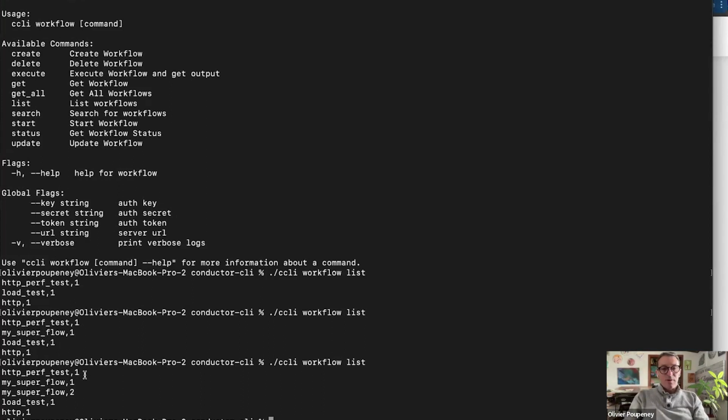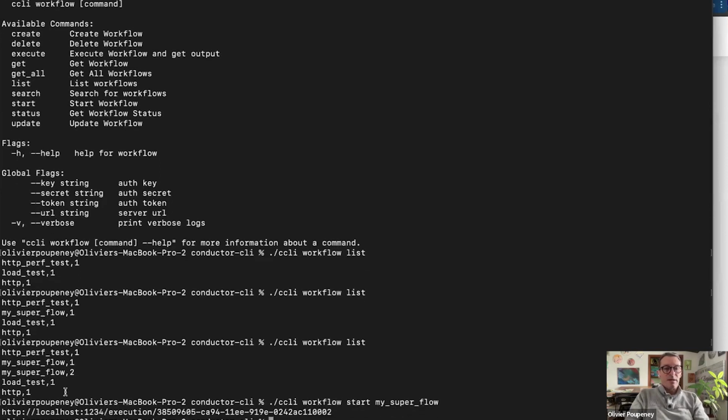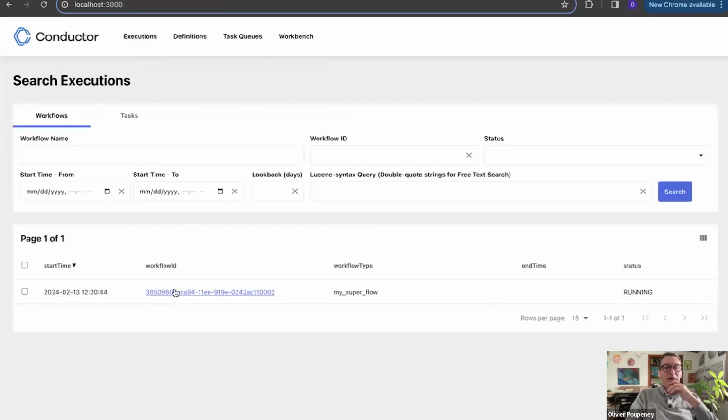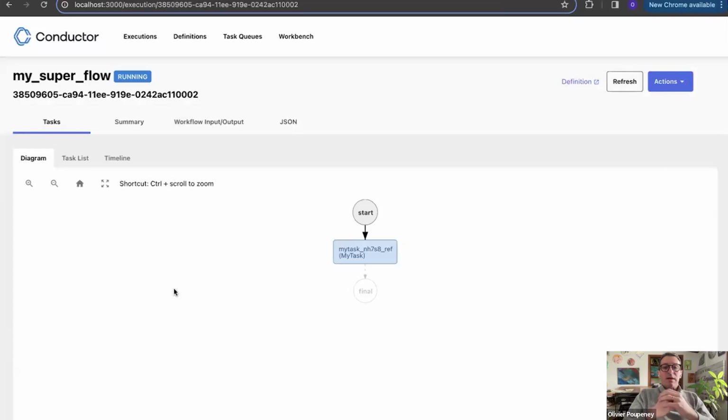So we said also that from a workflow, we can execute or start. So let's say I want to start my super flow. Then it starts and I have the workflow ID that is associated. Of course, if I go back here and I see execution, I can see that, yes, my flow has been